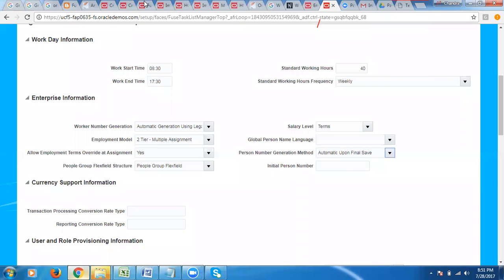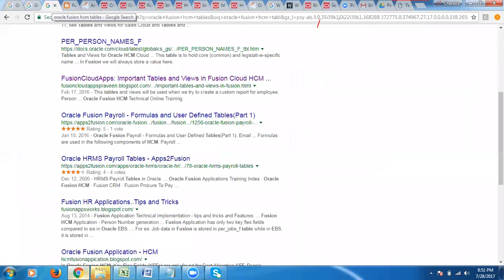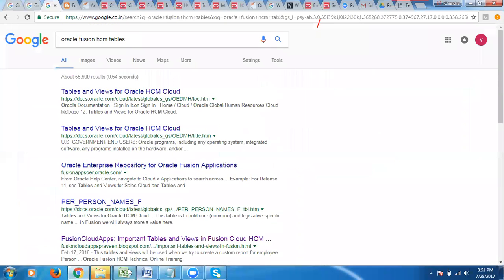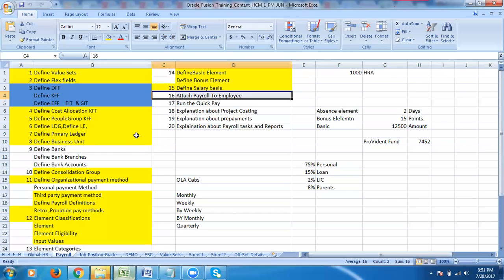Now when it comes to the technical side, in the payroll module they'll ask what you have done. So we'll tell what exactly we discussed: we worked with the consolidation group as well as the organization payment methods.